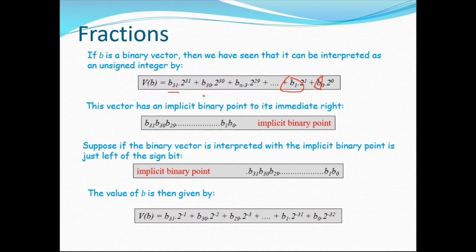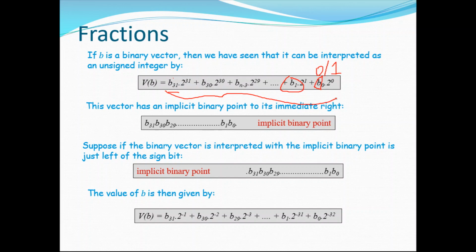Then how will you find its value? All these bits can be either 0 or 1, nothing other than that, because it's a binary number. The rightmost bit, the least significant bit, will be multiplied with 2 to the power 0, the next with 2 to the power 1, 2 to the power 2, and so on up to 2 to the power 31. Whatever we get is the actual value represented by the particular binary number.